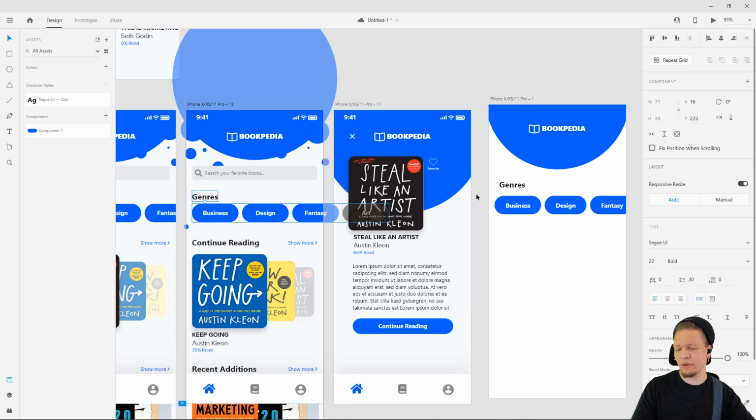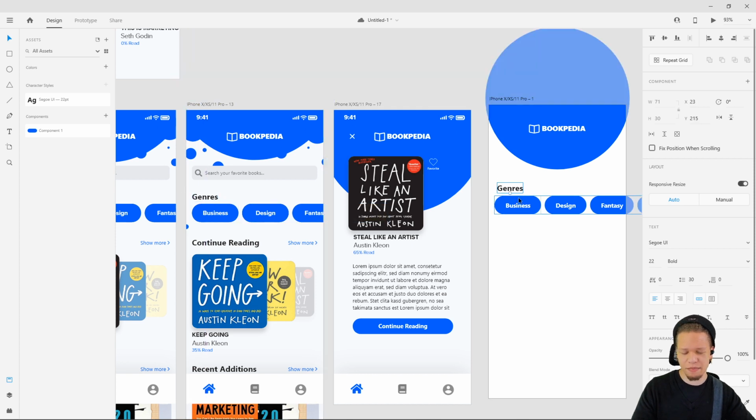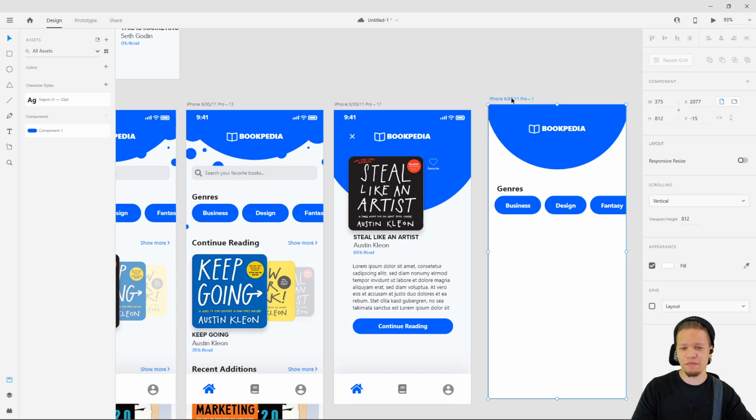And again, let's see, we have 6 pixels from the top. And again, we are gonna turn on,